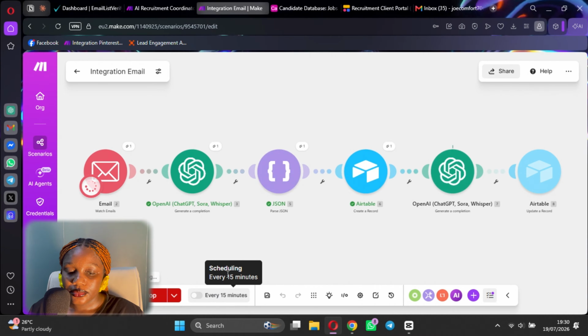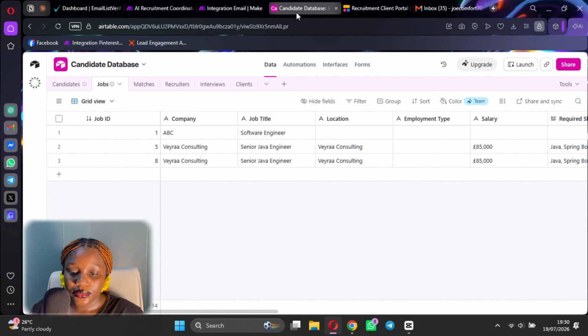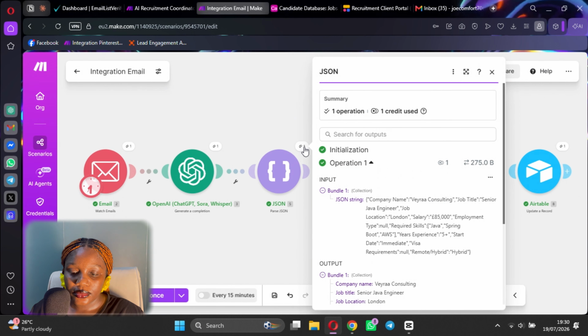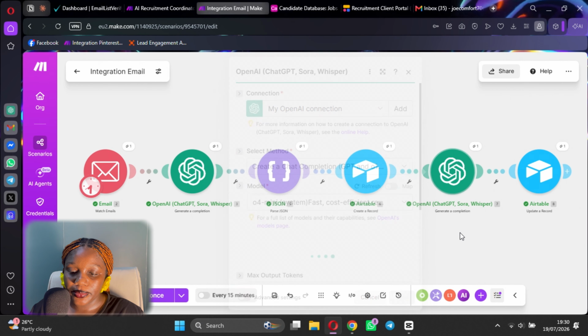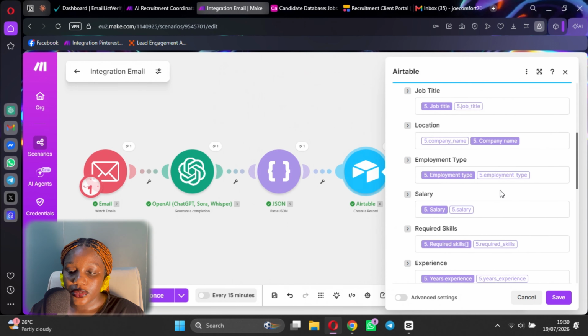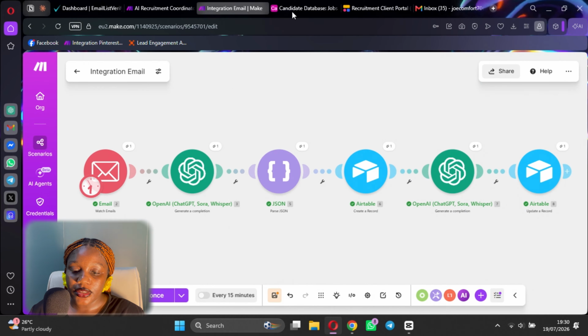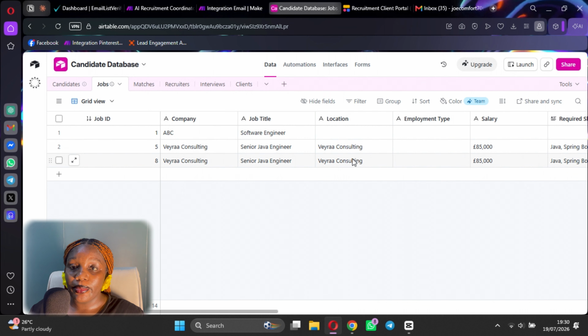Okay, so I am the problem. I can see that I am the problem. So I kept on saying that the location is the reason why we have this issue, because I put the location to be company name. So yeah, here's the location. So that's why we have this, because I thought it was a prompt issue, but now looking at my mapping,